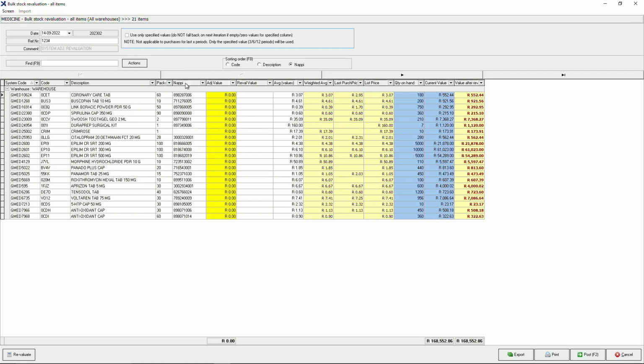NAPI is a unique identifier for a given ethical, surgical, or consumable product that enables the electronic transfer of information throughout the healthcare delivery chain. Adjusted value is the rand value of the items calculated by the value after reval minus the current value. Reval value is the revaluation process that is used to indicate the reval value, for example, purchases 6 periods or